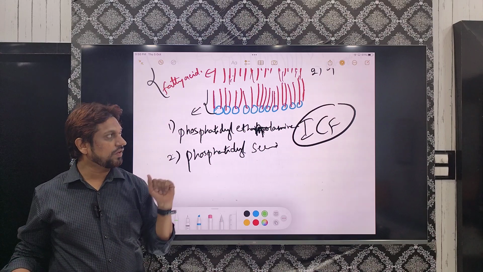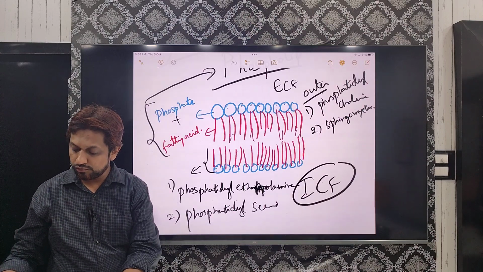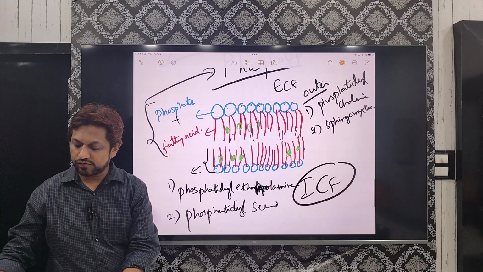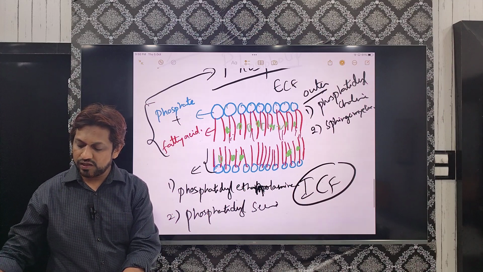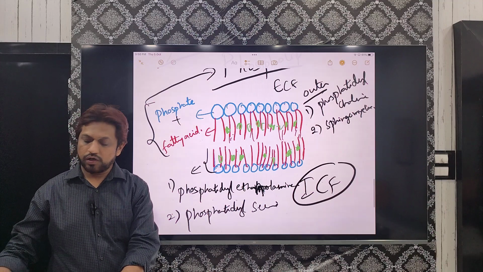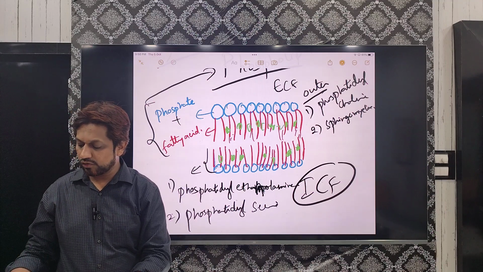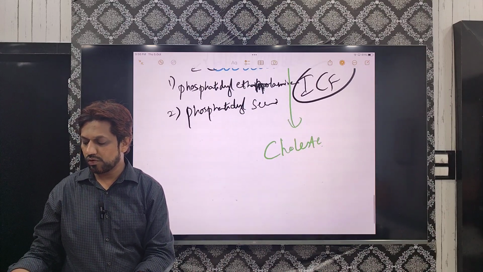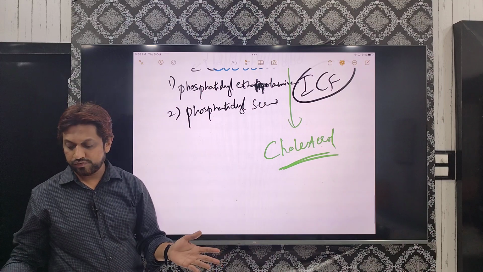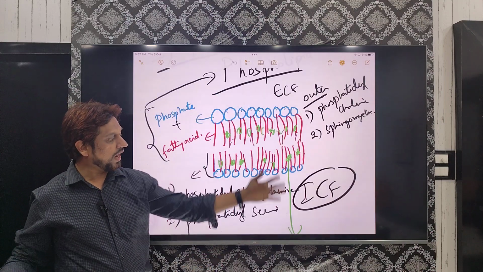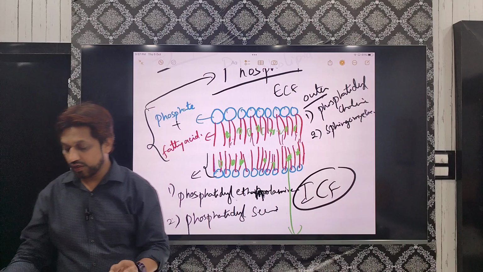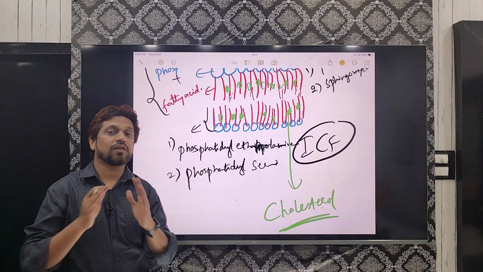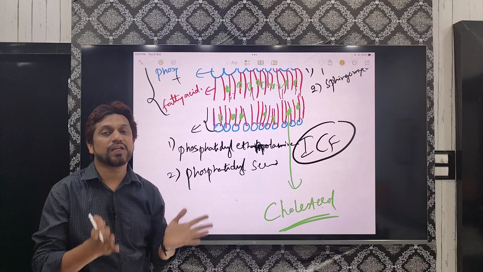Another lipid content present in the cell membrane is a molecule present in between the two layers, in between this fatty acid layer, in between these phospholipid molecules. It is known as cholesterol. So the lipids are mainly the phospholipids, the sphingomyelins, and the cholesterol molecules. Now what is the role of this cholesterol molecule? It will help in maintaining the fluidity of the cell membrane.